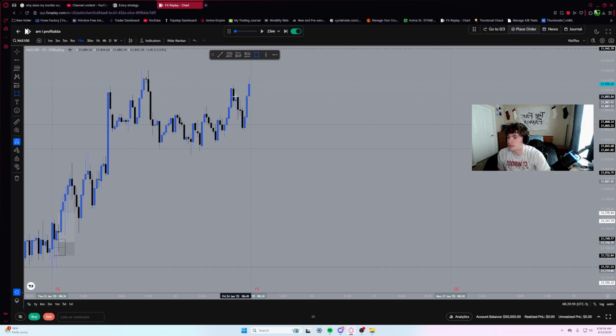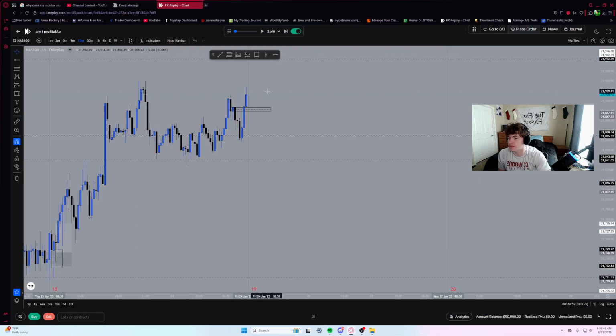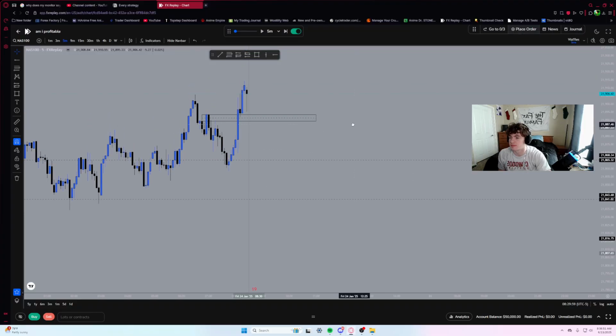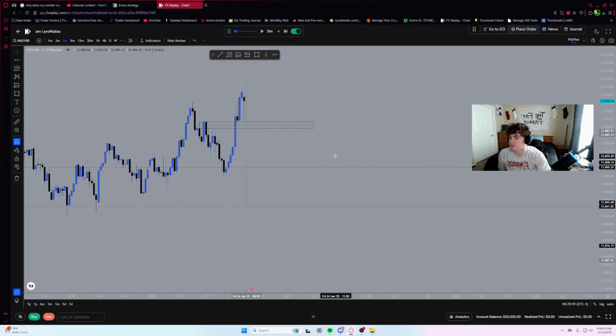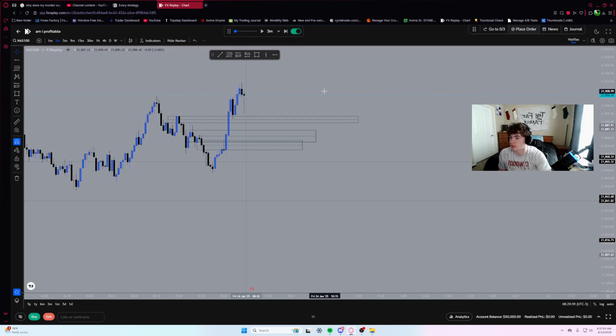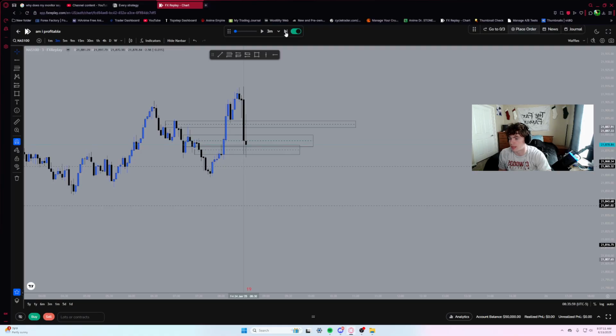Nice. We could count this as an inverse order block or a breaker block. High time frame breaker block. 5-minute break structure. We also have this inverse fair value gap. 5-minute breaker block. I'm just gonna mark it all out. Cool. Market open. Taps the inverse fair value gap. Taps it again.